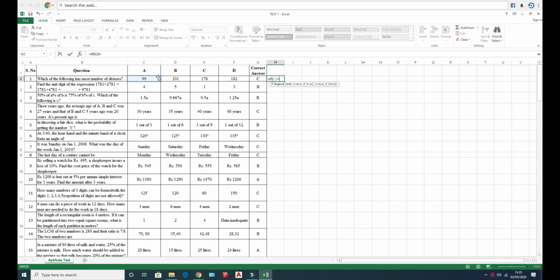For that we need to combine the answers in column H. It is achieved by using an IF condition.